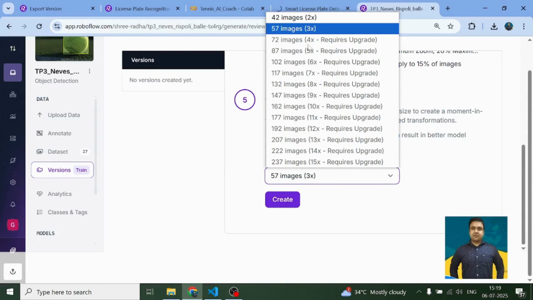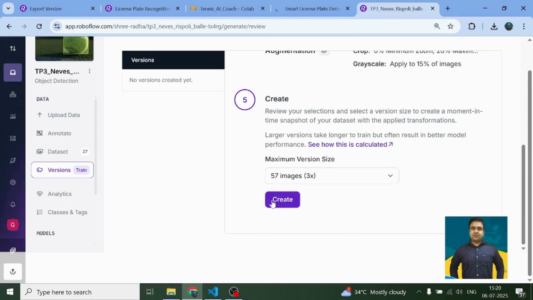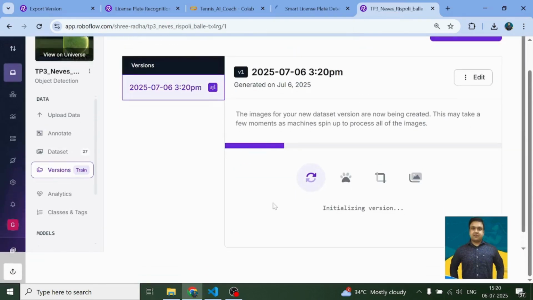Fine. Now here if you see, we have require upgrade. If you're using an upgraded RoboFlow version, definitely the YOLO V8 code that you will get will detect everything accurately. But because I'm using a non-upgraded version, the model which I get from this complete process may not give me the accurate result. Okay, so just keep that in mind, and once you're done with it, you can simply go ahead and hit